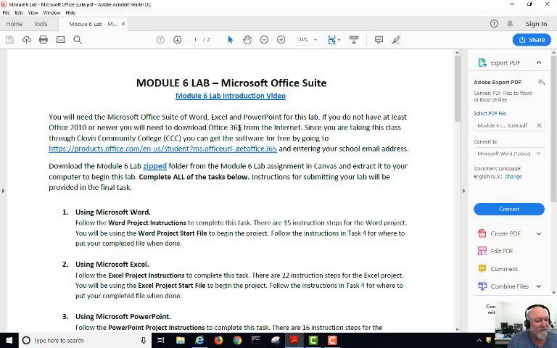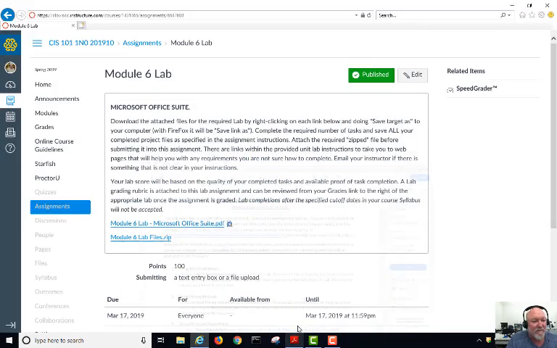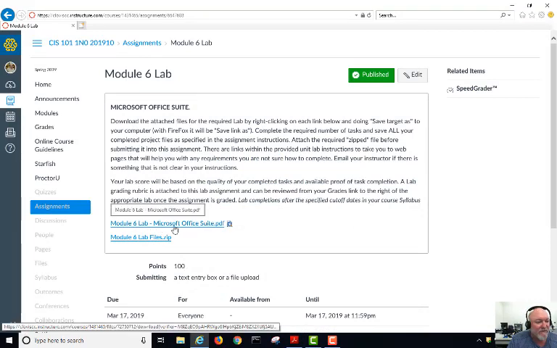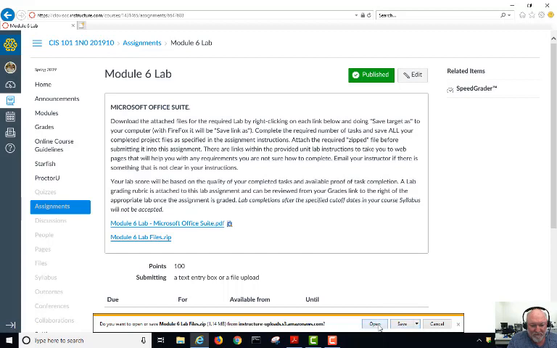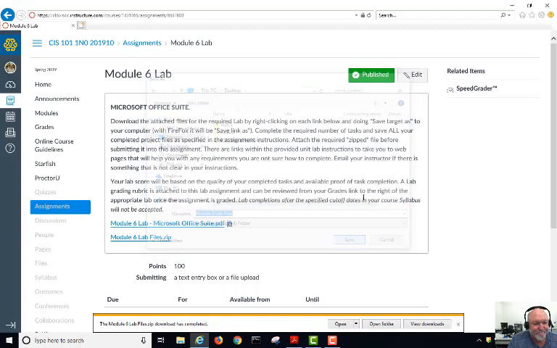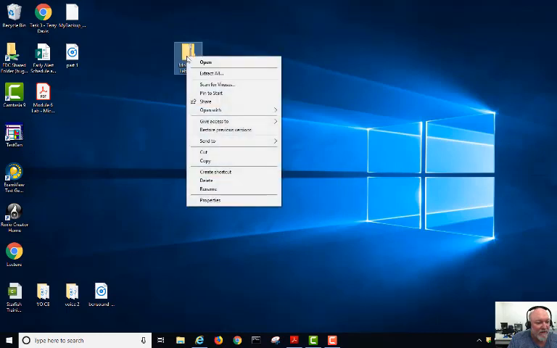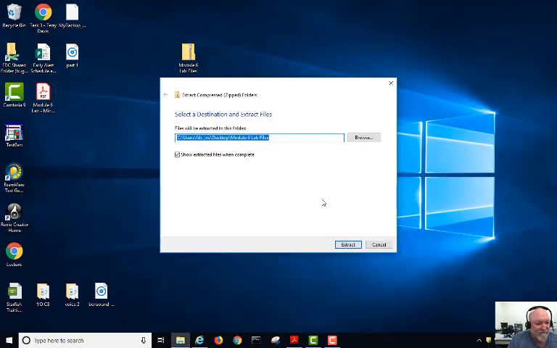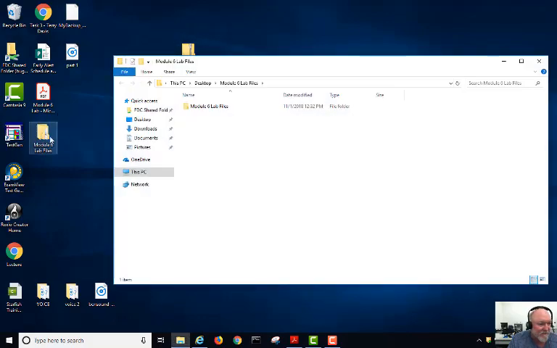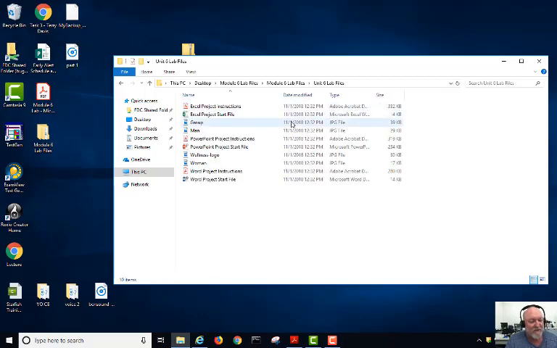Once you've gotten your Office suite and you're ready to start this lab, you'll be going into the assignment and downloading the two files that I have here. One is the instructions for the lab, and the other is a bunch of lab files that you're going to need. You'll just click on the zip folder there and save that to your desktop, and then once you have it saved, you can right click on it and extract it, and it will extract to your desktop. There's the folder right there, and you would open it up, and then you would be ready to begin this